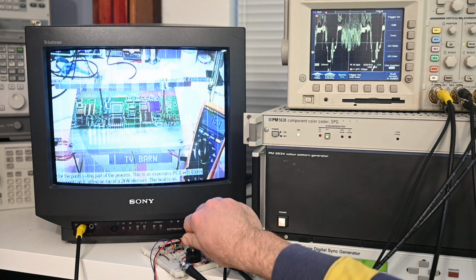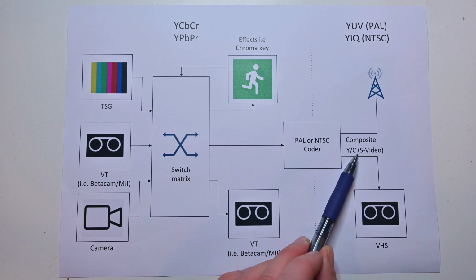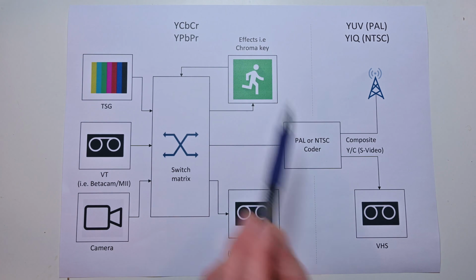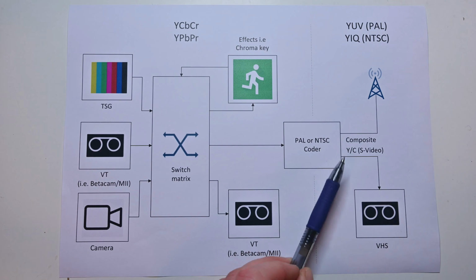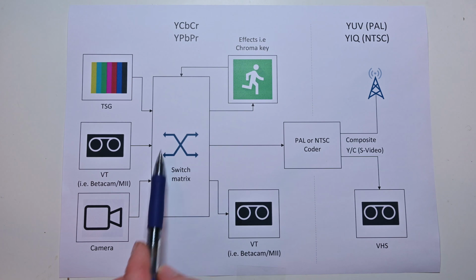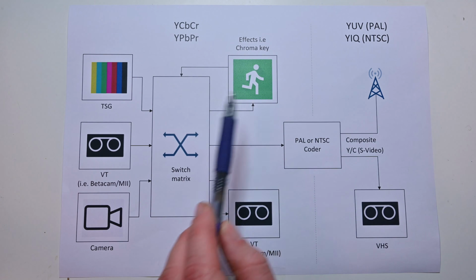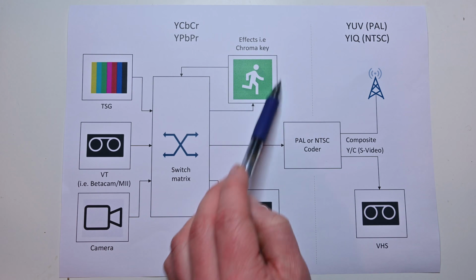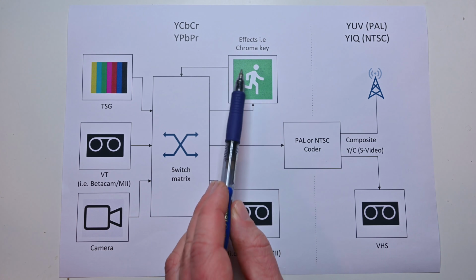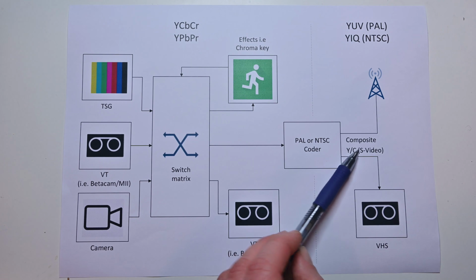Now, another question that I have seen asked, and I've even asked this myself at one point, is does S-video ever get used in this fully professional component separated environment? And the answer is probably not, because if we look at the actual use cases for it here, S-video basically doesn't really do anything useful. Our main need for having component separation is this effects kind of function here. But that wants everything to be fully separated, whereas just a YC separation is not actually all that useful, because